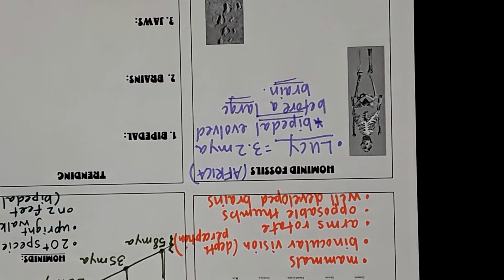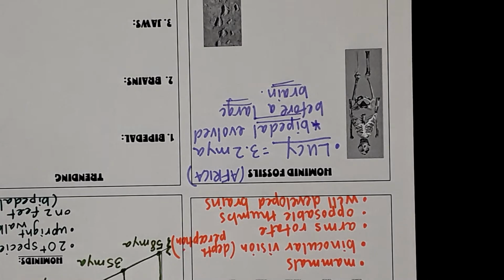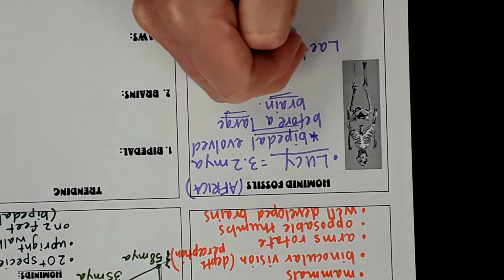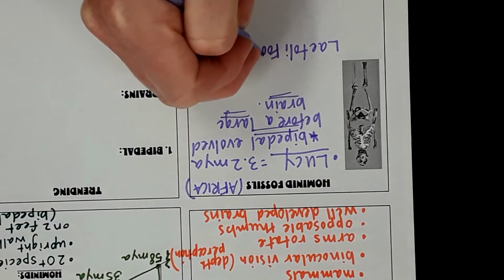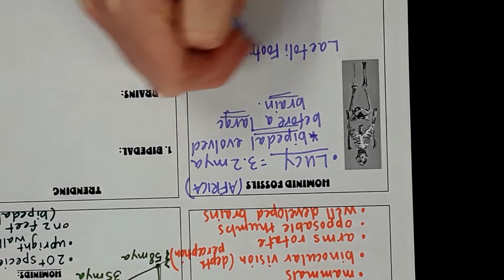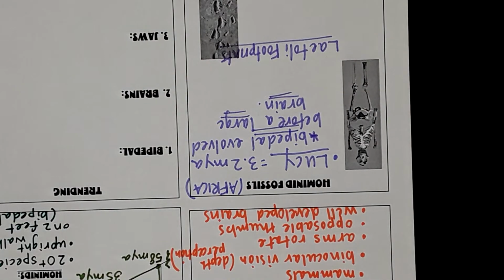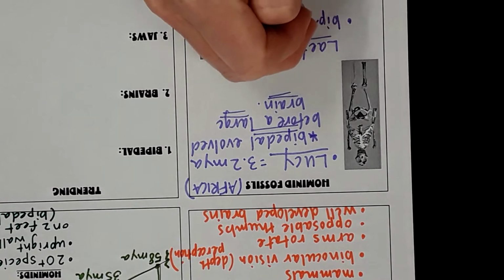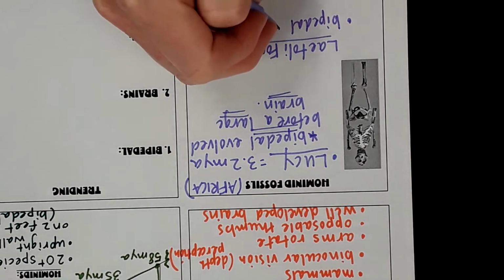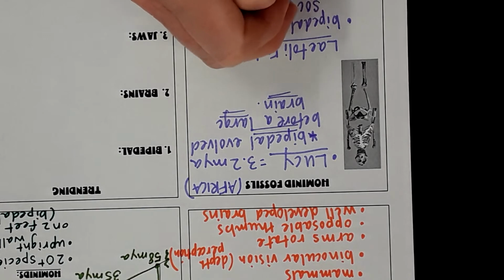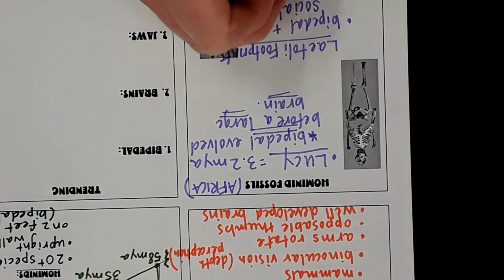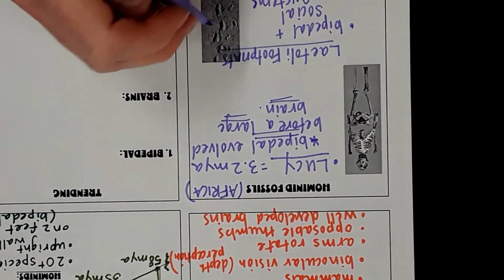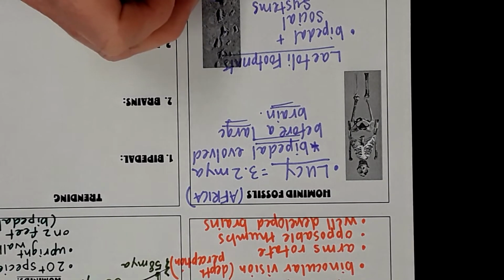So bipedal came first. Another famous fossil find is the Laetoli footprints, and these footprints are in Laetoli, Tanzania. So here you have a picture of them. The Laetoli footprints show us not only that humans during this time were bipedal, but also that these early hominids had social systems. And how they know these footprints show social systems is that not only do we have one set of feet here, so you have 1, 2, 3, 4. So here's the feet, like left, right,